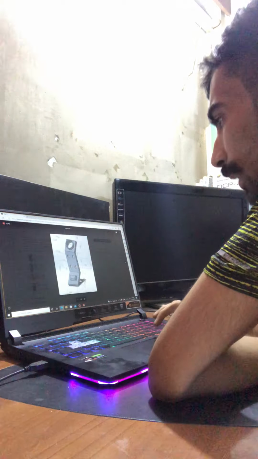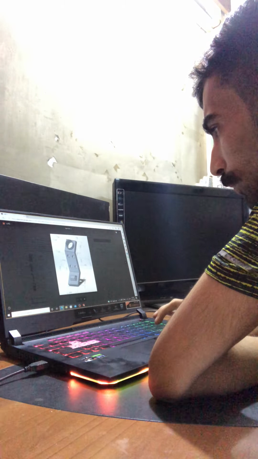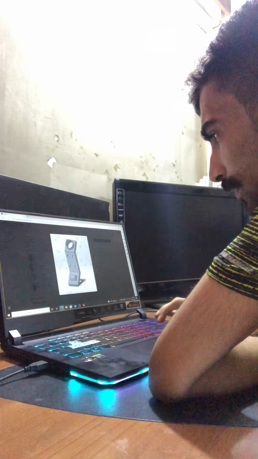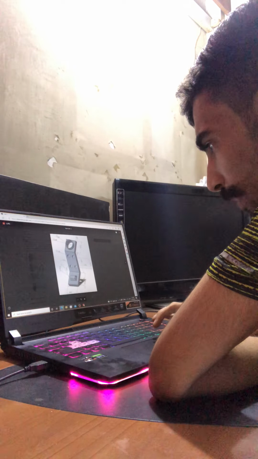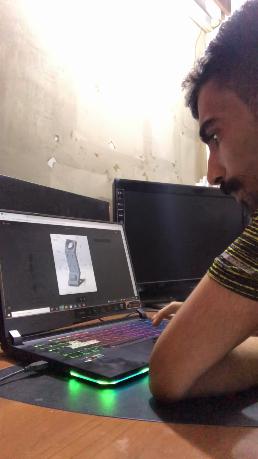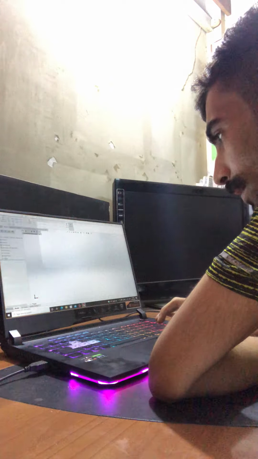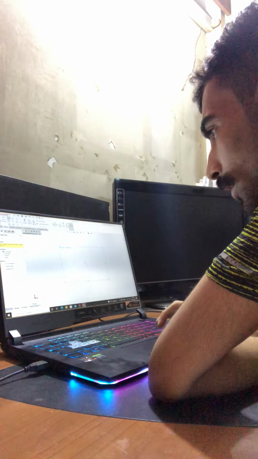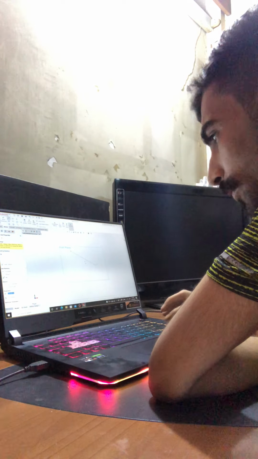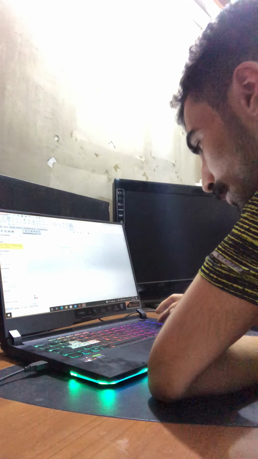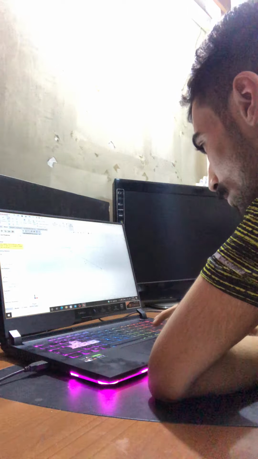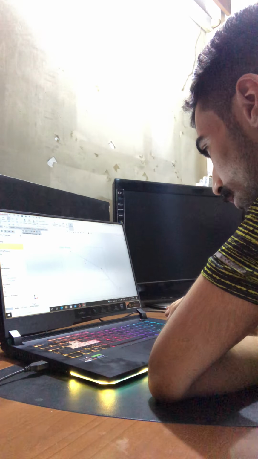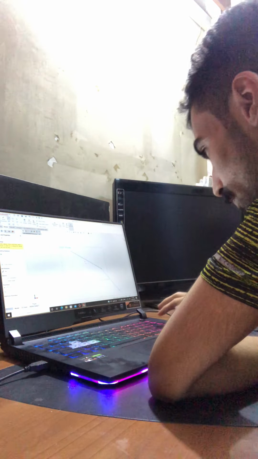So I'll begin by this line is equal to 5 inch, and the second line is equal to 8 inch, and the third one is equal to 5 inch also. Okay, now I'll choose the front plane and draw the first one. As we said, is equal to 5 if we remember. This 5 inch, and the second one is equal to 8 inch,